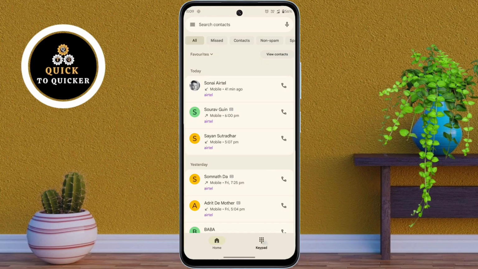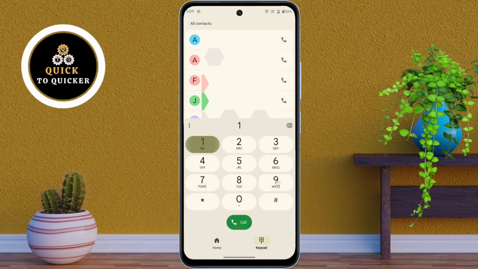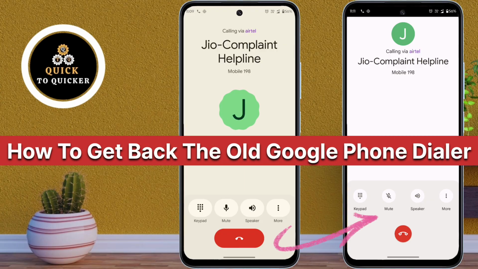Do you not like the new Google Dialer update? Do you want to get back your old phone call screen? So in this video, I will show you the easiest way to get back the old Google